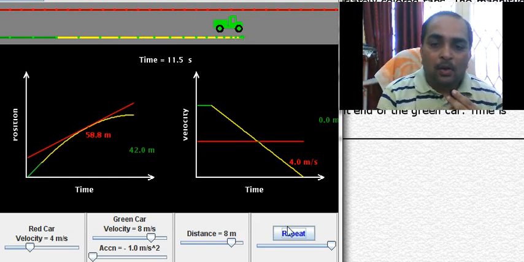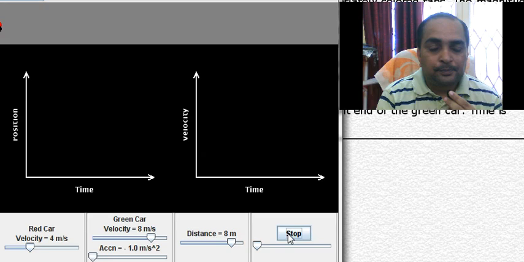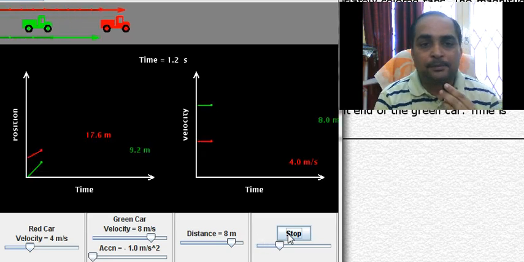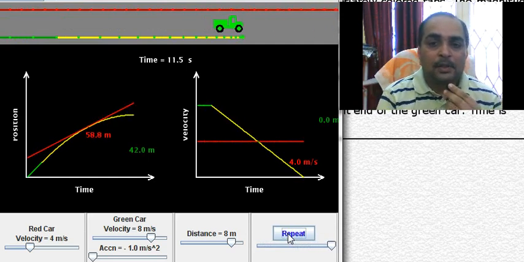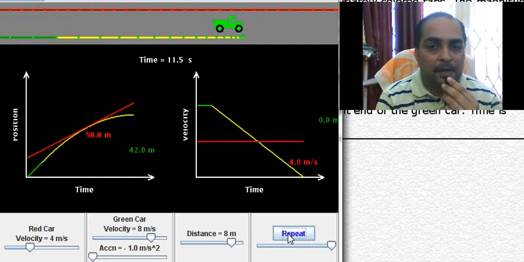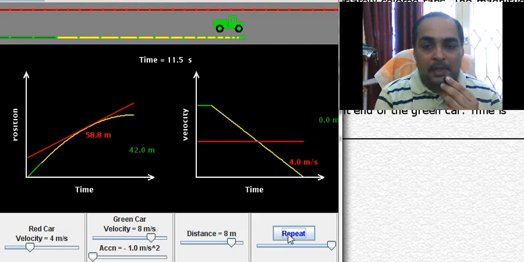Now once again we'll see what happened. Please see the trucks: brakes applied, it stopped. The other went away, the red one went away, the green one has stopped. So these are the things I wanted to show in graphs. Now concentrate only on this